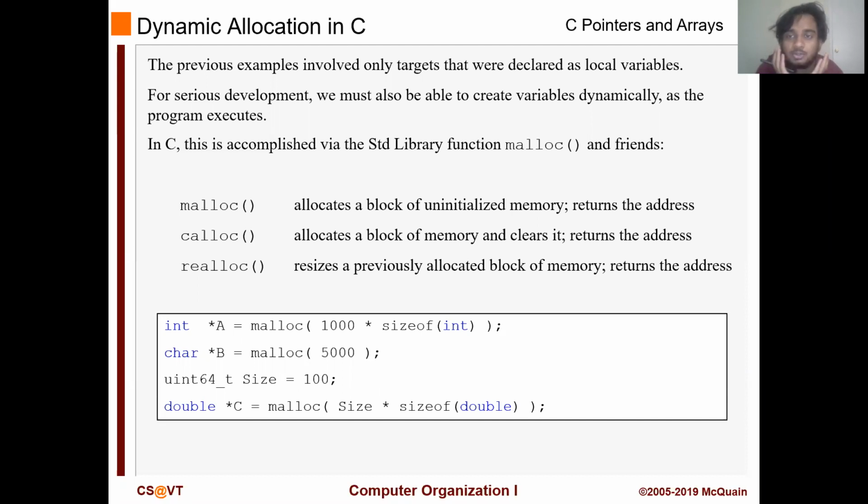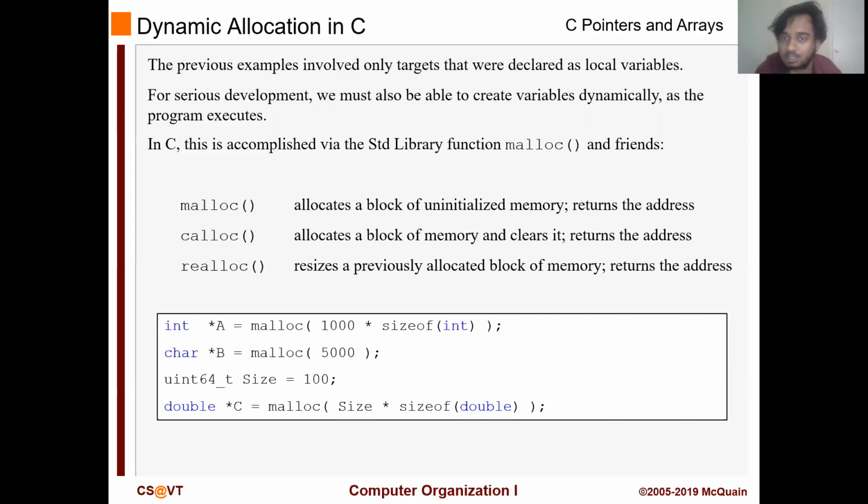So today we are going to look at pointers and arrays, and I kind of already said that beforehand. I said that it will not make much sense right now, but I hope it will start making sense now because we're going to look into it. We're going to look into how pointers and arrays work, and how they are kind of interchangeable most of the time. The previous examples, in the previous lecture, involved only